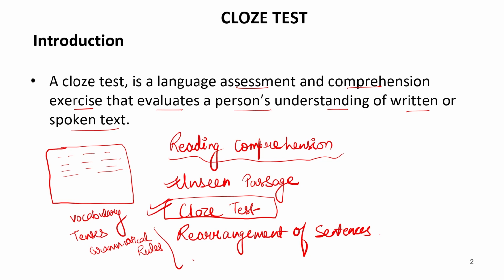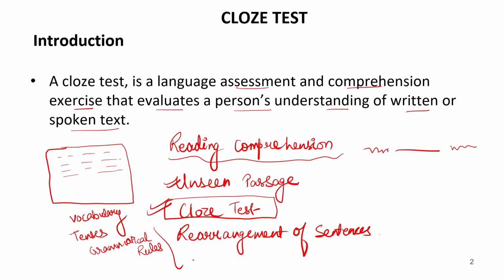While doing a clause test, we should keep one thing in mind: the word after the blank and the word written before the blank. Now, these 2 things matter a lot for a word to be selected from the options to be filled in this blank. Because suppose we have a missing word or a blank in the passage, and just after it, we have the third form of verb. And we are given some auxiliary verbs in the options.